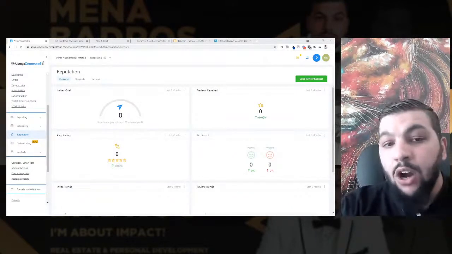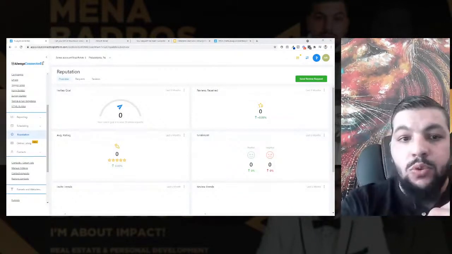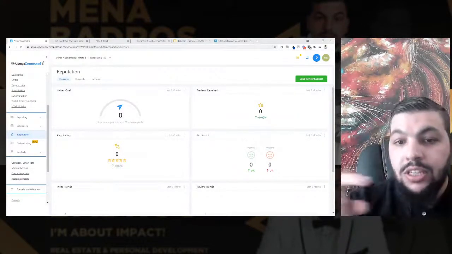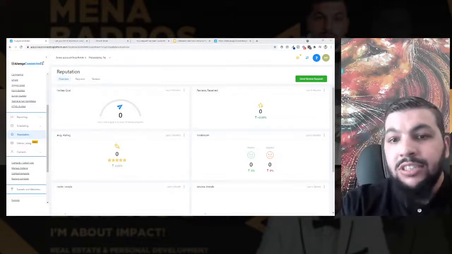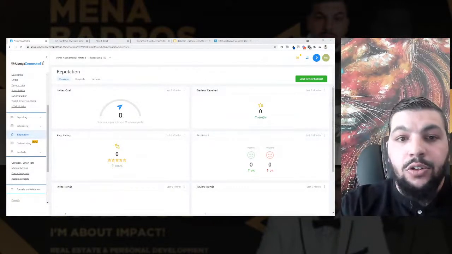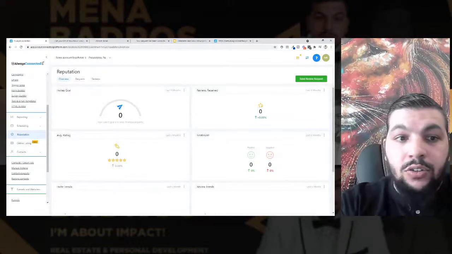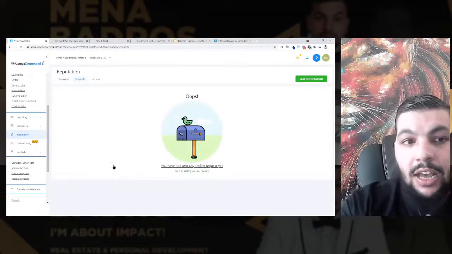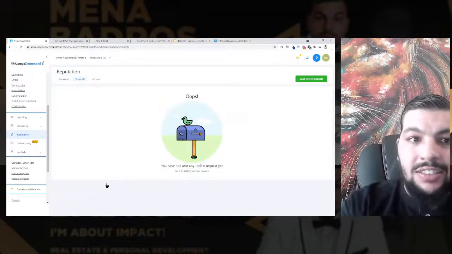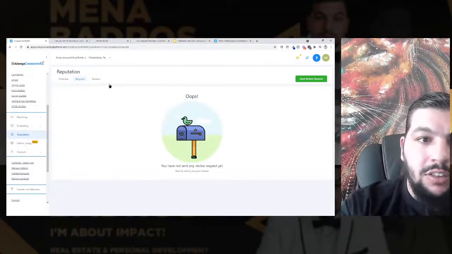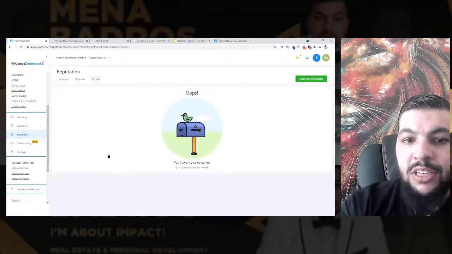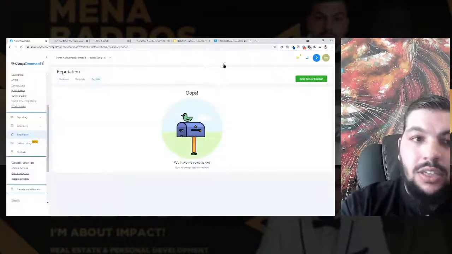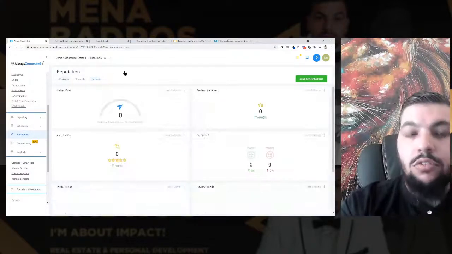You can have that be automated in your process, so that once you move someone to closed, the next day or whenever you want, it will send an email with your Google link in order to get a review. And all of the review requests will be tracked right here. Again, this is a demo account, so there is nothing right there. And all your reviews will be here. And simply, you can also send a review request to someone in your system asking for reviews.